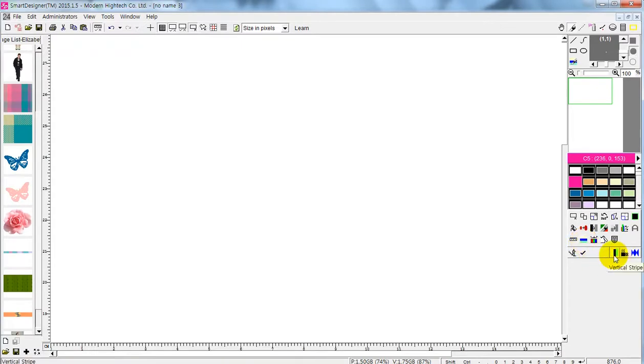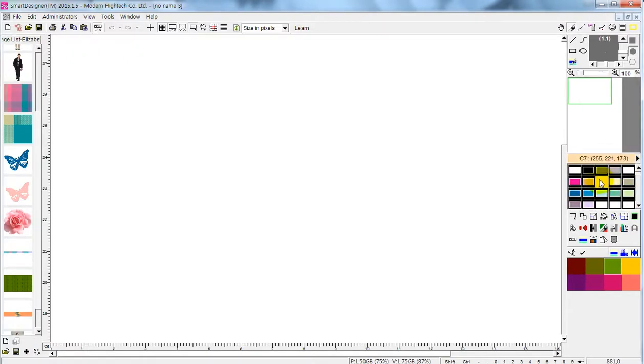And from here you can either choose, if you want a vertical stripe, you can choose this. If you want checker generator, you can choose this. You can choose diamond generator, you can click that. But let's try with vertical stripes. So once you're done with clicking the pattern generator, click all the colors that you wish to see,